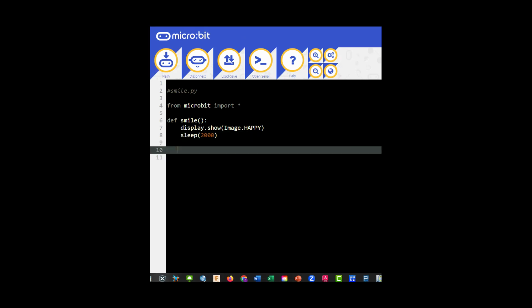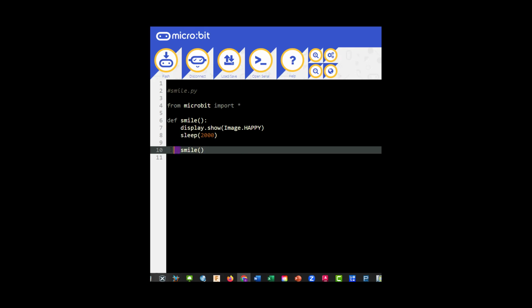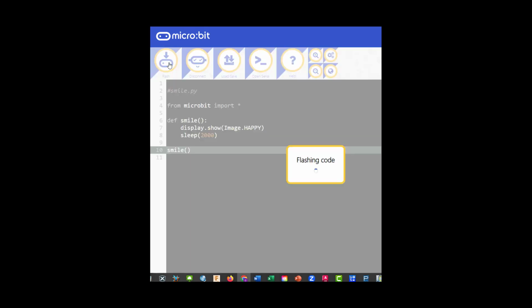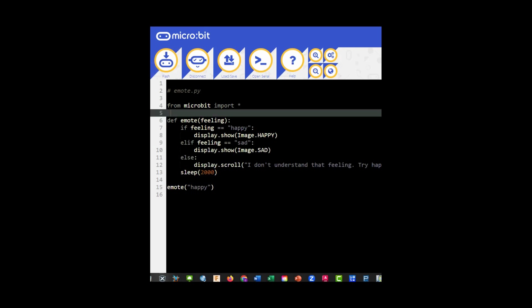Okay, we defined our function, so let's paste our function and make sure that it is over there, otherwise it will be part of the other function. So let's run it and see what we get. And I've got the smile, and it should last. It's good. Okay,